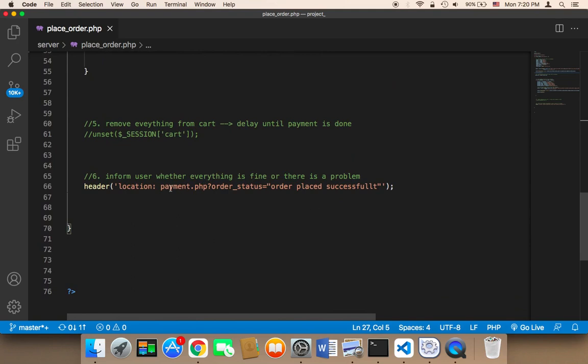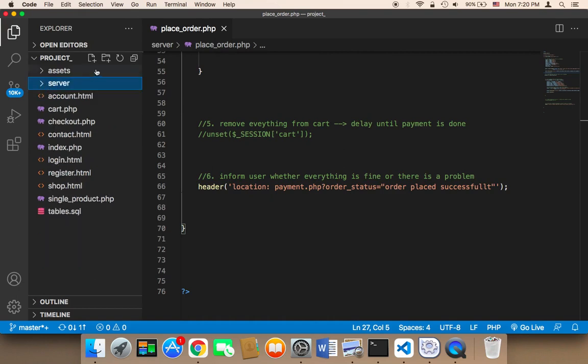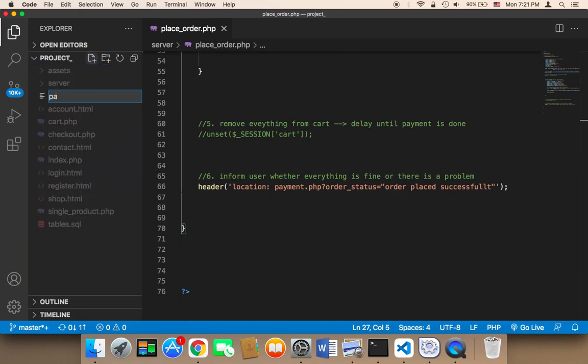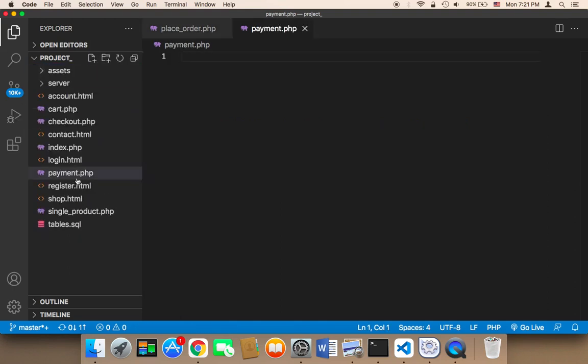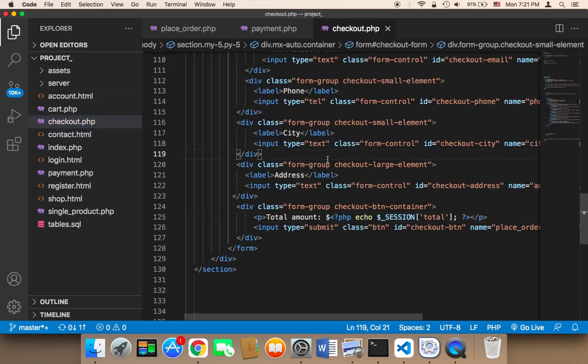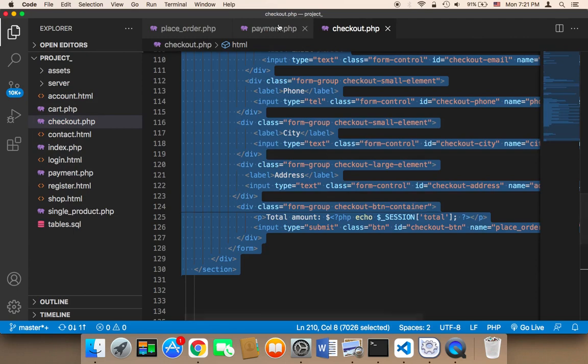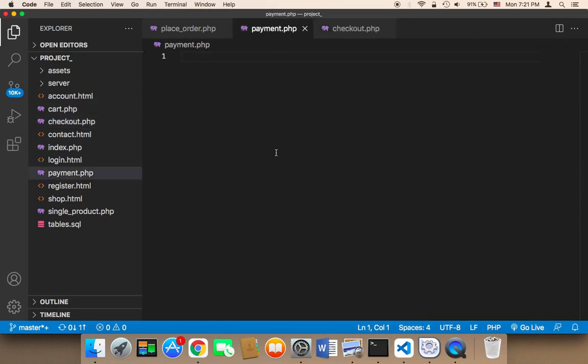So this step is to take the user to the payment page with this parameter. So we need to display the payment button so that the user can complete the payment. So I'm going to create a new page here called payment.php. And the code for this page is going to be very similar to other pages. For example, it's going to be similar to the checkout, but I'm not going to display anything but a button, just a button with the payment information. So I'm going to copy the code from the checkout page, and then I'm going to paste it in the